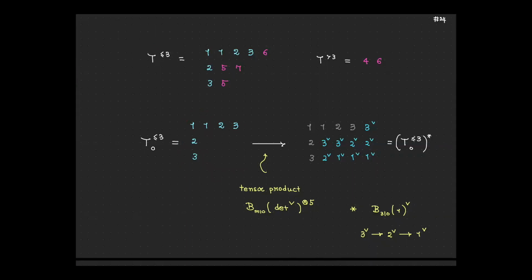So that's the dual crystal, and the crystal of the determinant representation is just the tableau of a single column, which is trivial. And its dual one is the single tableau of the same height, where the entries are the checked ones. So by taking the tensor product with this kind of trivial crystal, we just invert the entries